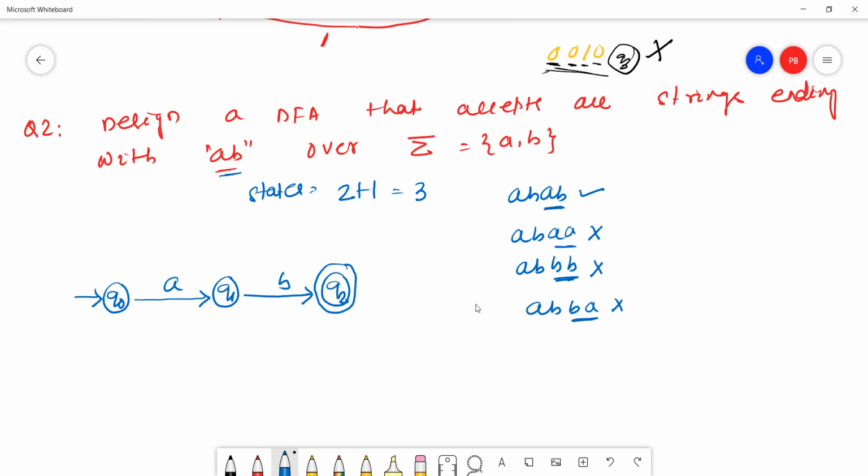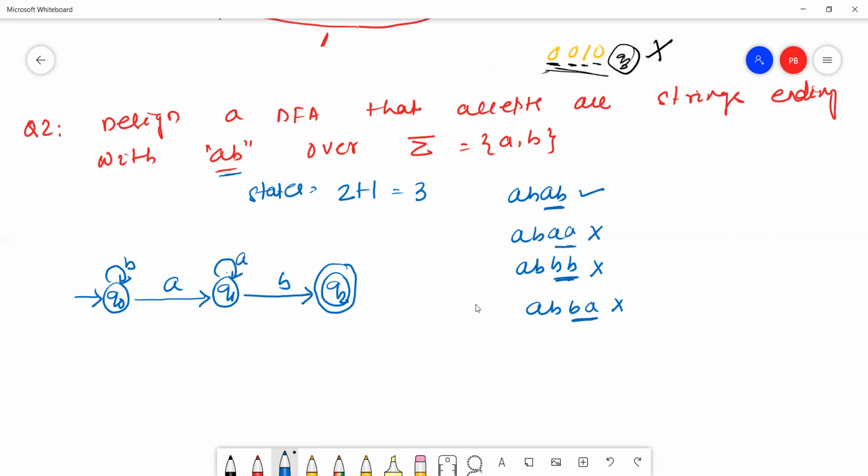Q0 already reads A. Now I will adjust B here because there are no states on the left side, so by default I'll adjust the B transition on the same state. Q1 already reads B. Then I will adjust it either on the same state or go back to the Q0 state.